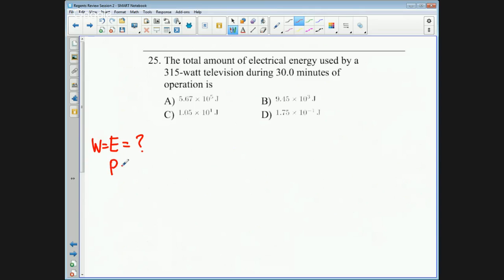We know that the power for the television is 315 watts, and we know time is 30 minutes. In order to use the formulas on the reference table, time needs to be in seconds. So to convert this to seconds, we just multiply 30 minutes times 60 seconds per minute. And we get